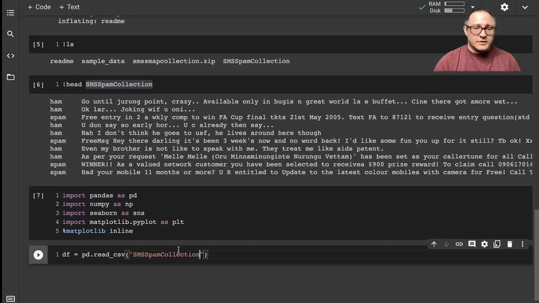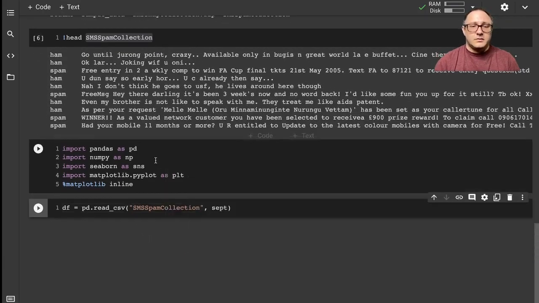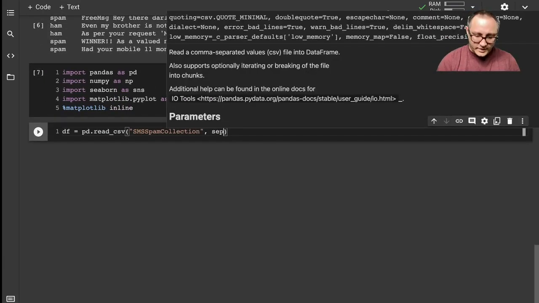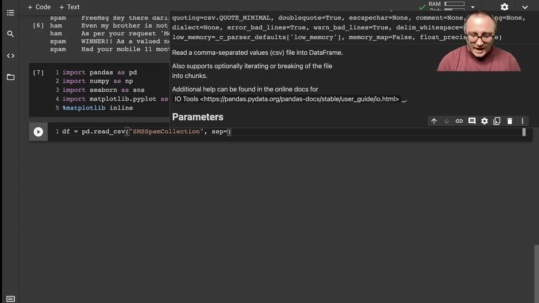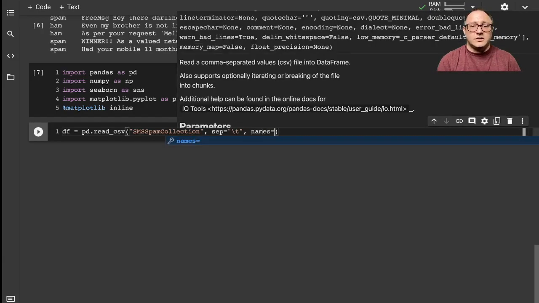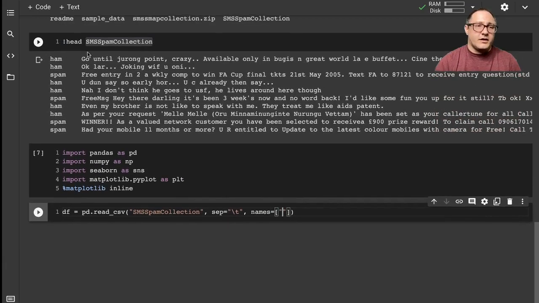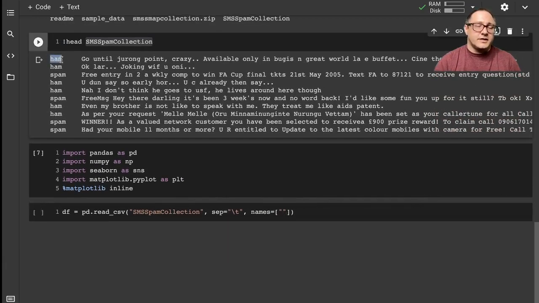Now we need to make sure the separator in here needs to be a tab, so that's a backslash with a T, and then we also want to give in some names in here. If we look here, this is our